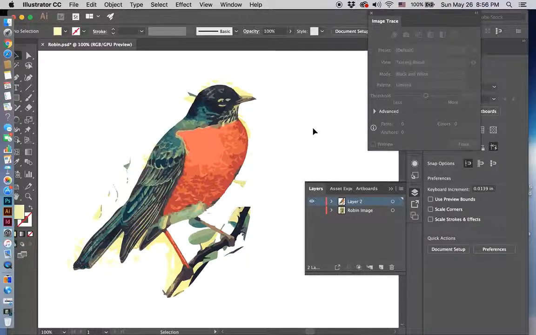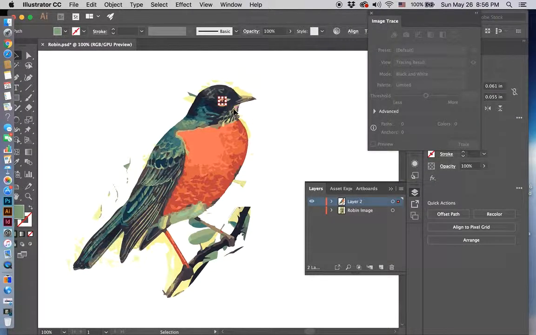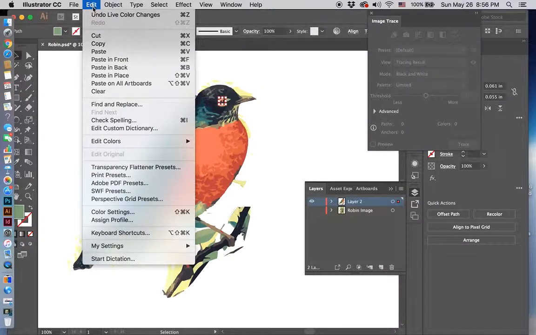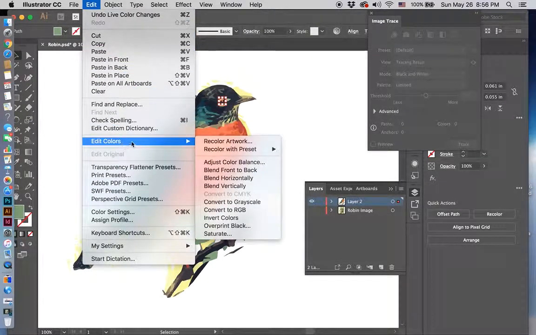Now I'm going to show how to do this a slightly different way. Some of the colors feature all over the place, and I might not want to change all of them. So I'm selecting the little dot in the bird's eye. So that's the only thing selected. So again, I'll go to Edit Colors,